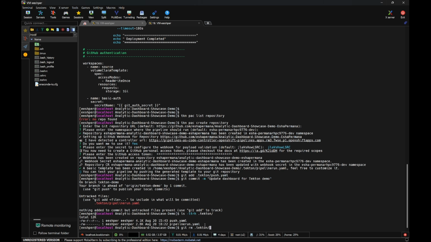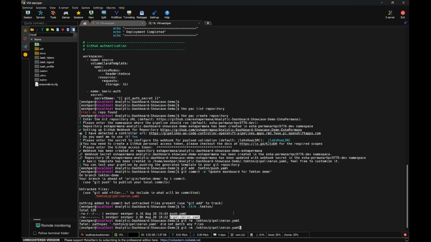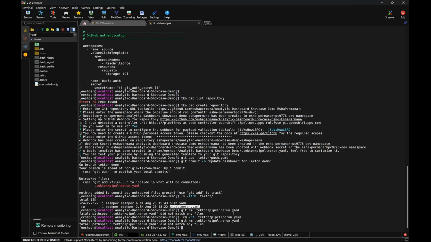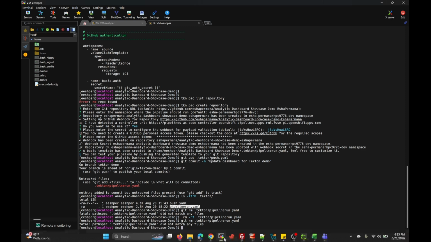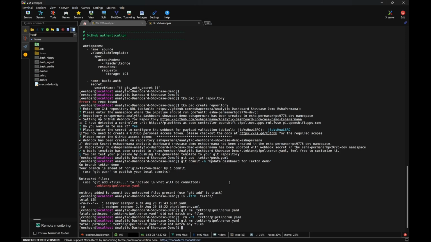We can remove this. Okay, we can use this command to push, and then we can onboard the application with this command.